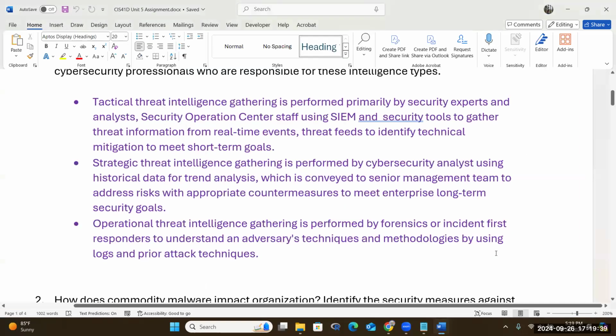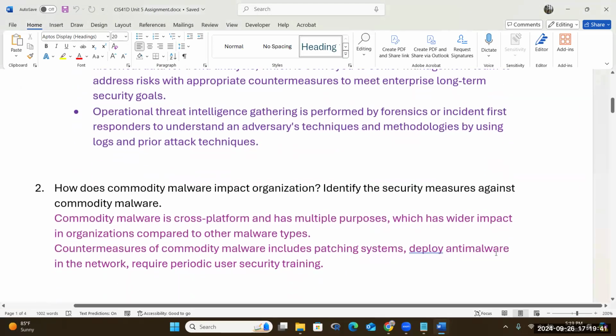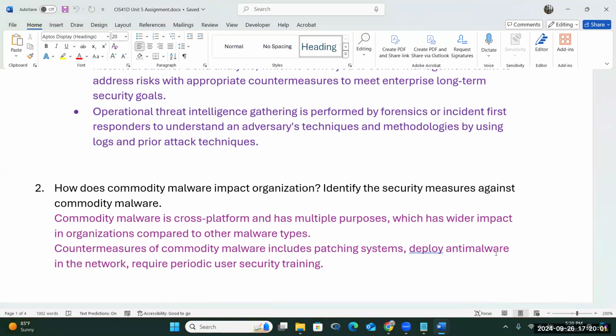So the next question it asks you, how does commodity malware impact the organization? And you should identify the security measures against commodity malware. So as we defined it, it is a cross-platform type of malware. It also has multiple purposes, which has wider impact on organizations compared to other malware types. And the countermeasures for commodity malware include patching systems, deploying